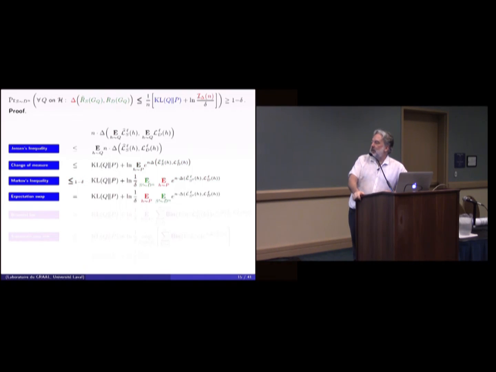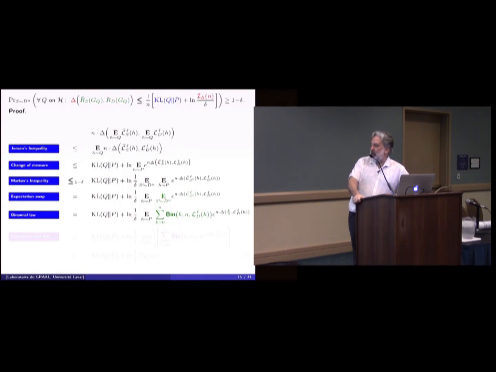And then, the fact that the prior has been chosen before seeing the data means that you can swap the two expectations, under a certain measurability condition I won't talk about. And then you think about the fact that there are only n plus 1 possible values for the expected empirical loss, so you make some stratification of that, and then you say, well, the worst case is when, among all the possible risks, I take the worst case, and it is the end of the proof, right?